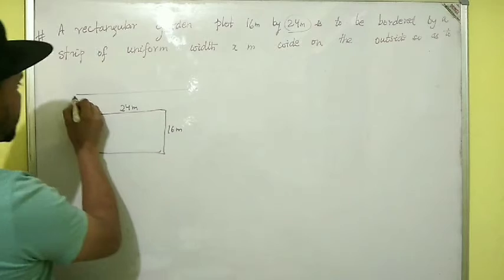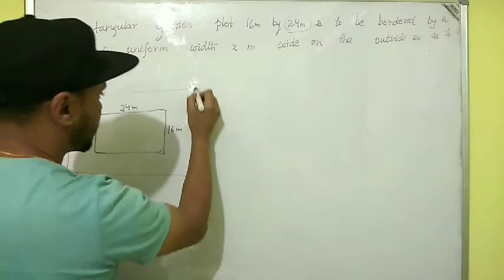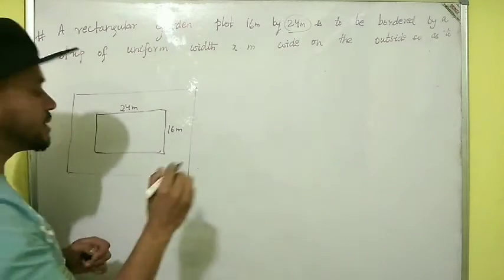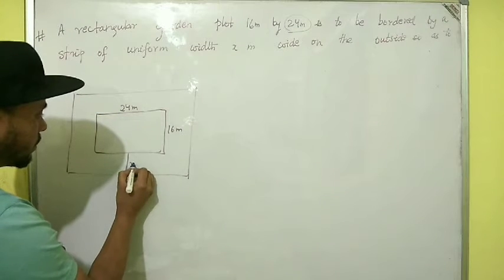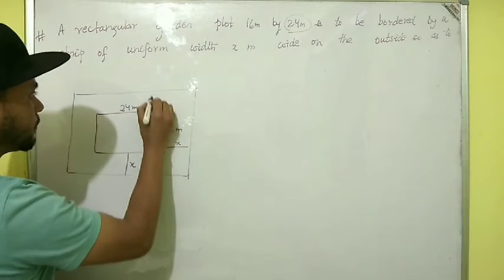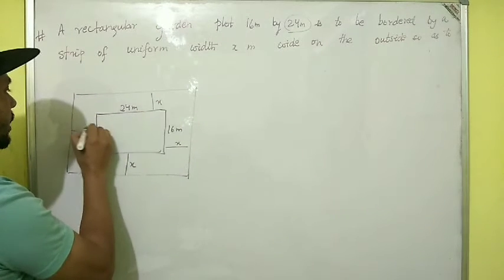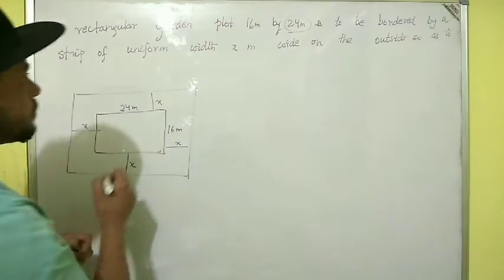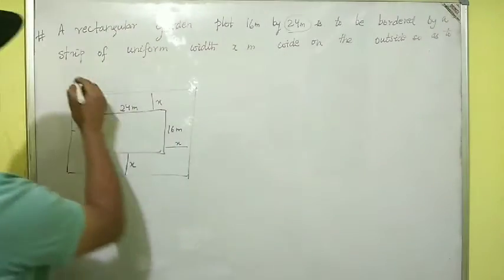Now it has to be bordered with a uniform width. This means that the width all over the place has to be the same, and this is given with this x. Alright, all over the place. Okay, now so as to